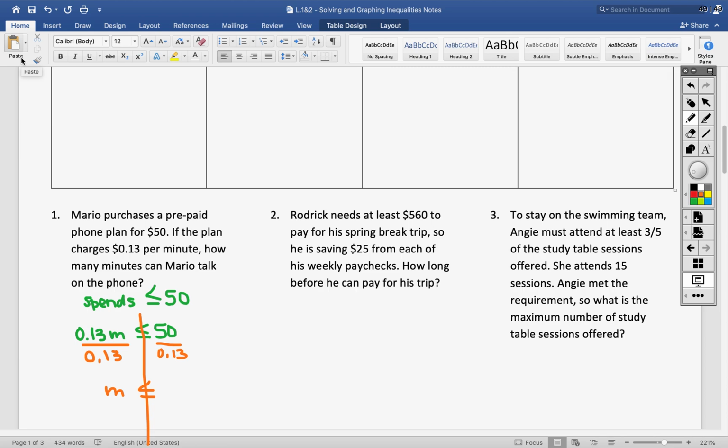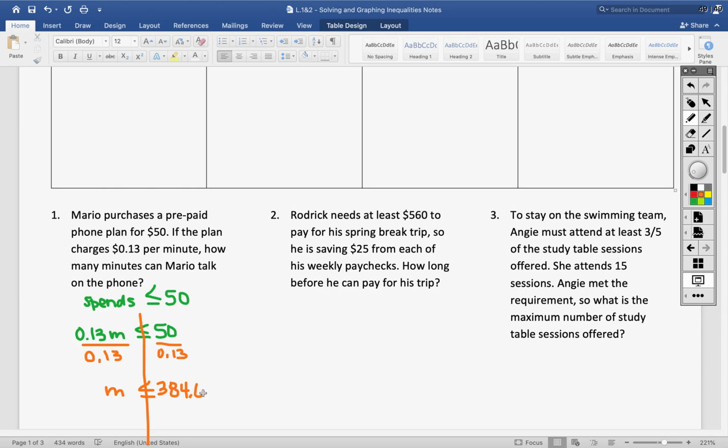Nope, Desmos is not going to work for us. Good. 50 divided by 13 cents. Getting my calculator out. I apologize. Calculator. 50 divided by 0.13. And this becomes